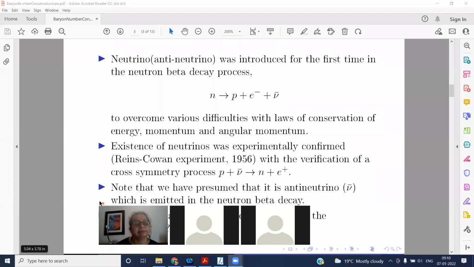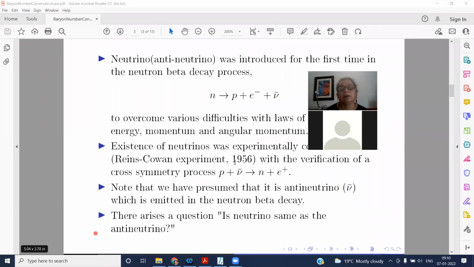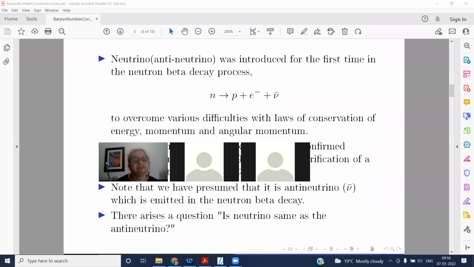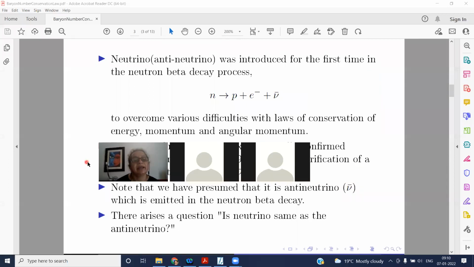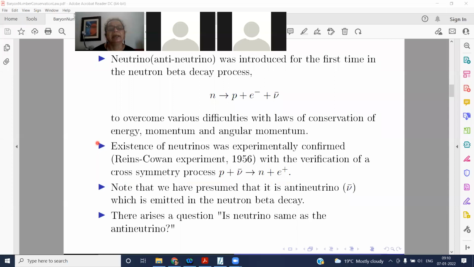Just a minute. This panel. Okay, I will hide this panel. This is the tough part. Okay. So what it says is,